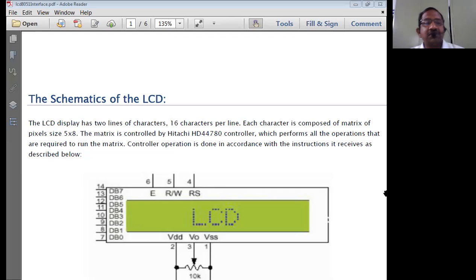In the previous session, we completed the keyboard interfacing with the 8051 microcontroller. In today's session, we'll try to complete the LCD interfacing to the 8051 microcontroller. There are different LCD devices in the market, of sizes 16 by 2, 32 by 4, 128 by 8. So different sizes of LCDs are normally there in the market.